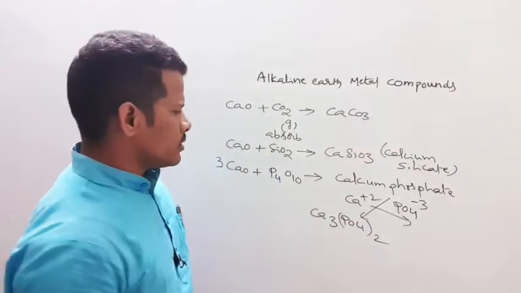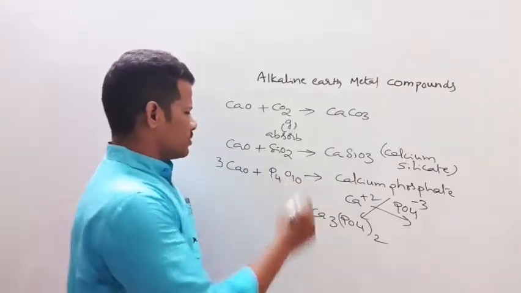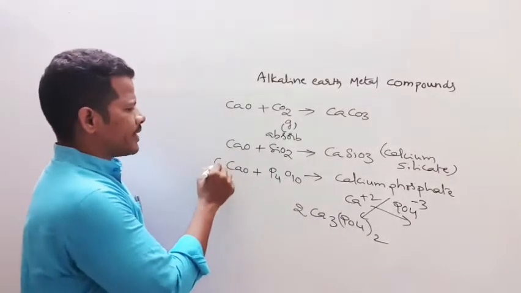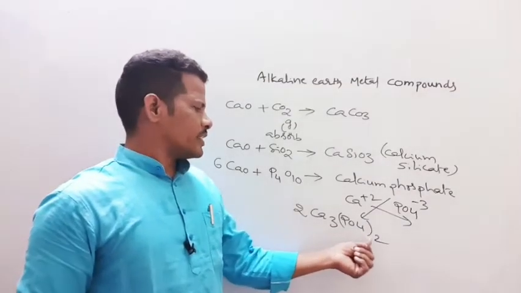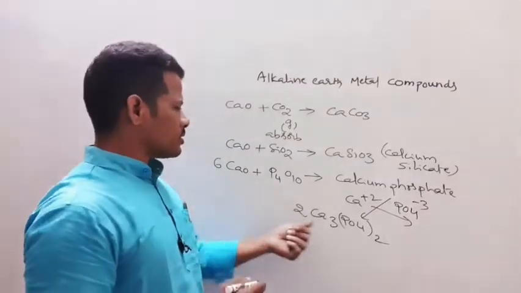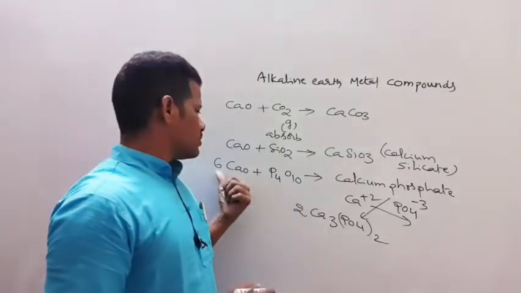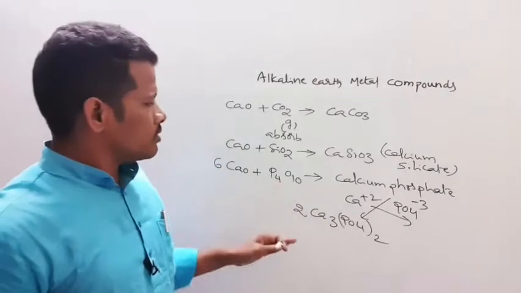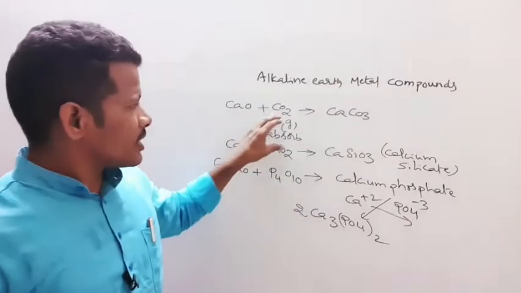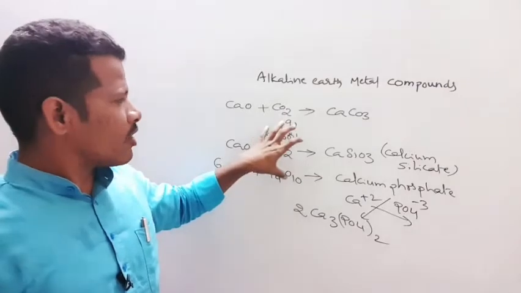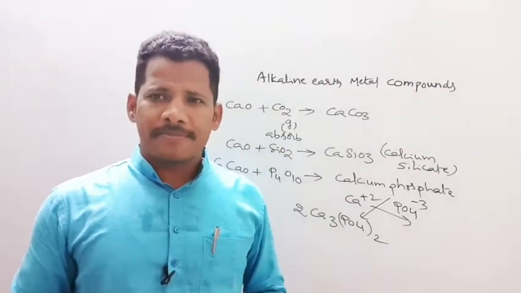Okay. So here 2 phosphorus are there, so multiply by 2 here. So finally we need 6 calcium ions, and everything is balanced automatically. 4 twos are 8, 8 twos are 16. So 16 oxygen atoms, 2 twos are 4 phosphorus atoms, and 6 calcium atoms are there. So it is one method to prepare calcium phosphate. These non-metal oxides, the acidic oxides, are absorbed by calcium oxide, that is nothing but our quicklime.